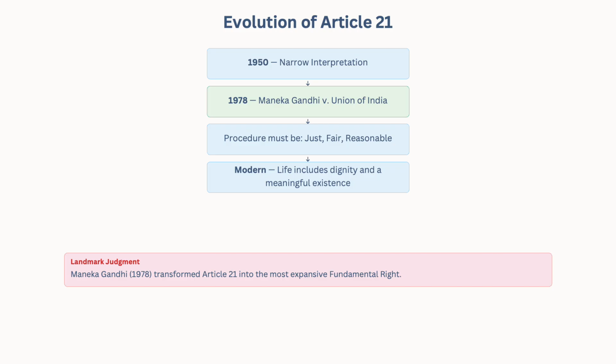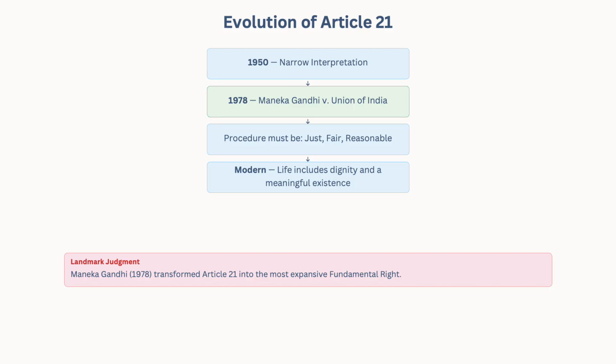Let me just give you a brief explanation about the Maneka Gandhi versus Union of India case. What happened was, Maneka Gandhi is not Mahatma Gandhi's cousin sister or anything. It's just her name is Gandhi. Maneka Gandhi was a journalist. She received her Indian passport to travel abroad, I think in the year 1976.